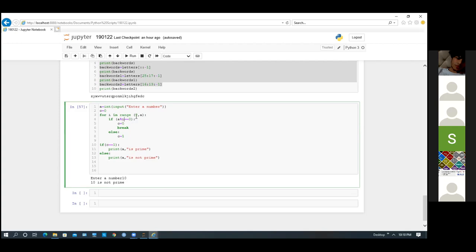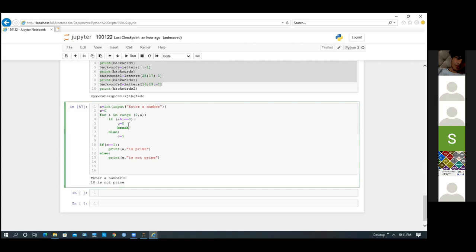If 10 is divided by any number between 2 to 9, then we are taking an additional value called c, and giving it a 0. So whenever we find that the number is divisible by some number between 2 and n minus 1, we mark c equals 0, and we break.